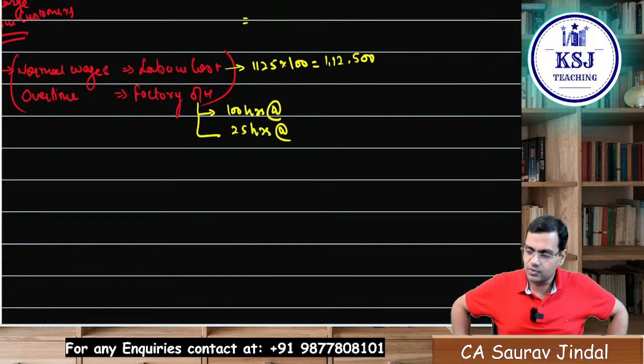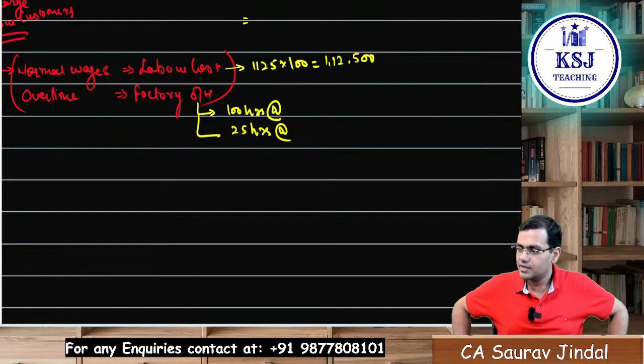75 and 125. AK says 75 and 125. Kadiravan also says 100 hours at the rate of 75. Okay. So you people mean to say that I am wrong? Interesting. Rest of the people, where are you guys? Come on. 25 hours at the rate of 125. Anita says 75 and 125.